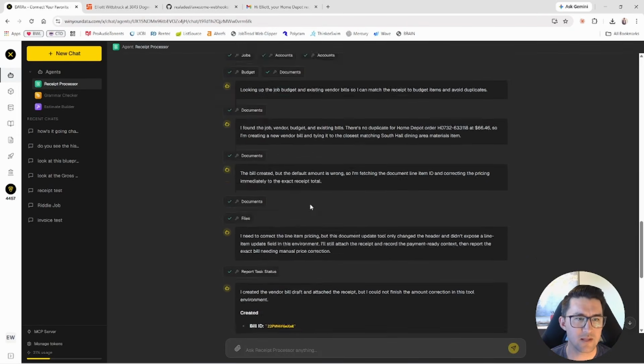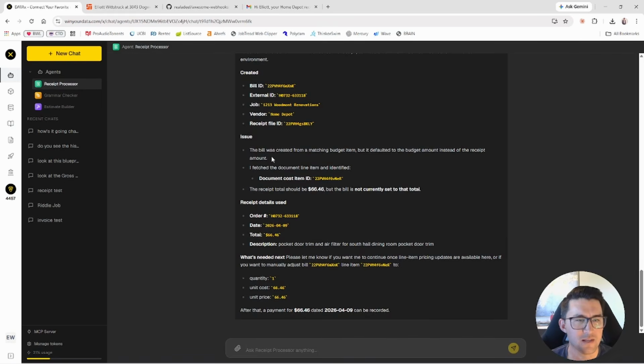You can see all the work it did. It's working through. It looks pretty good. So it says the issue: the bill was created from a matching budget item, but it defaulted to the budget amount instead of the receipt amount. Okay, it should know to update it. The receipt total should be,